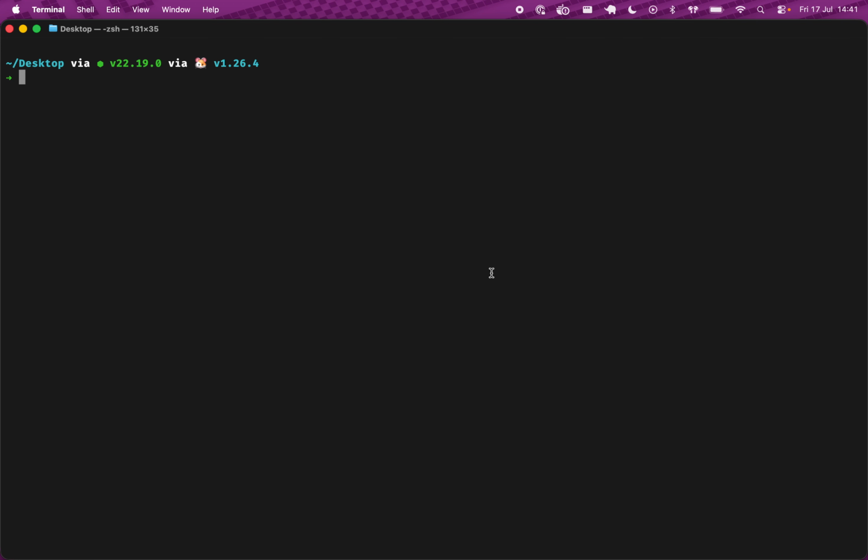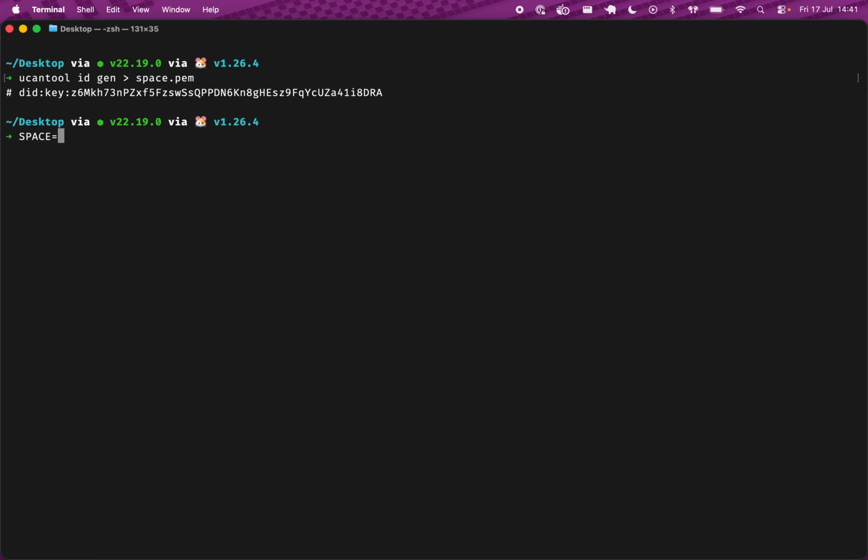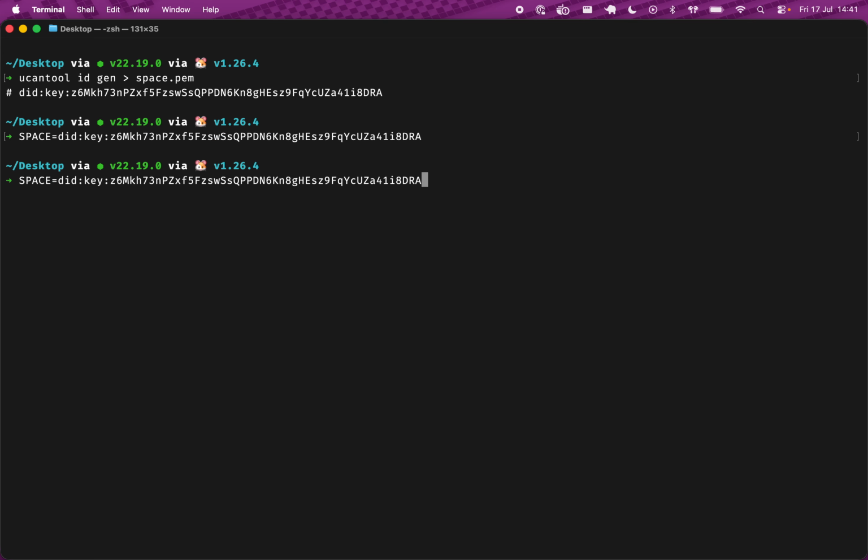All right, so first up, we're going to generate something using this handy UCAN tool, ID gen. We're going to generate what we're going to call a space. So this is an identity for the space. I'm going to put the space in a variable called space dir. Okay, and then we'll create a few other